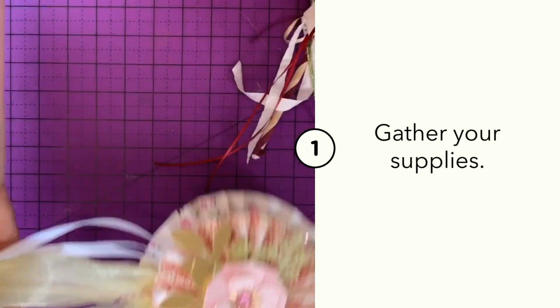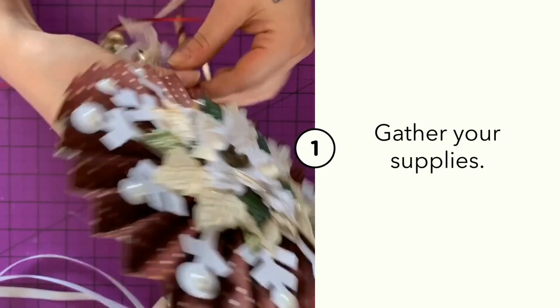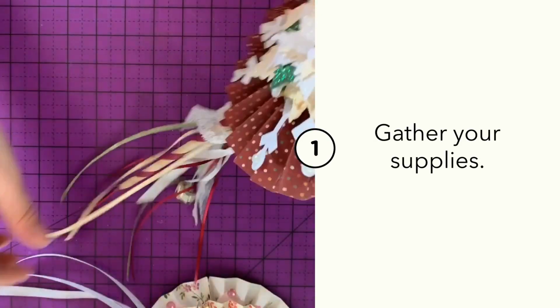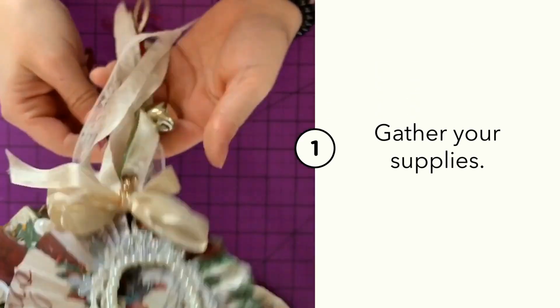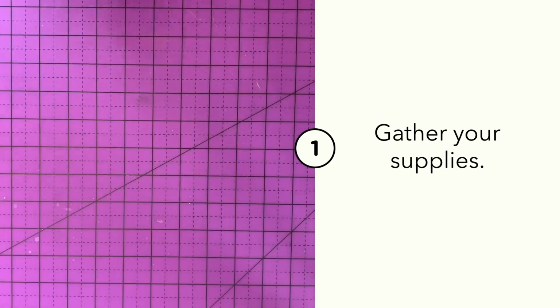Hey guys! Today we are going to be making some of these super cute, super awesome rosette wands. These can be used for so many different things. You can use them as decor, you can stick them in a vase, but you could also make a super cute princess wand out of them, as you can decorate them any way you like. So as you can see, this one is made pretty Christmassy and the first one was pretty springy, so the